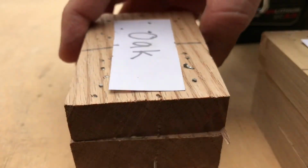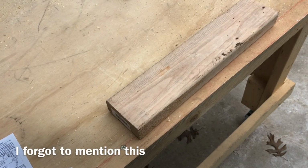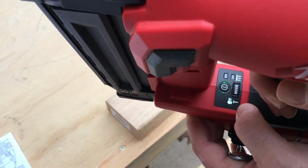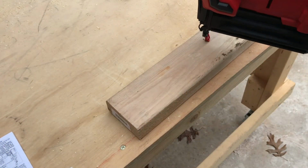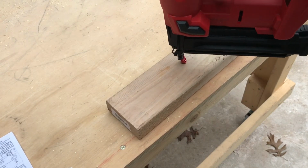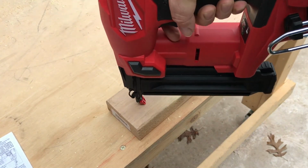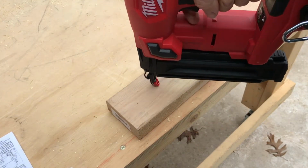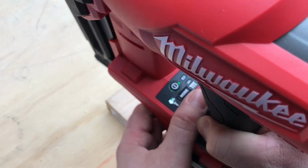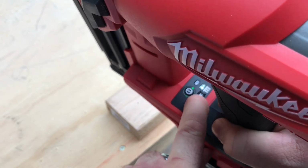So just to explain single sequential actuation operation better, if you have it on single mode, you'd hold that, you'd be on single, and every time if you're pulling the trigger, it's not going to do anything. You would have to actually pull the trigger each time. But if you want to go to contact bump actuation, you would hold this down and it switches over. You see that? You hold the mode, single,